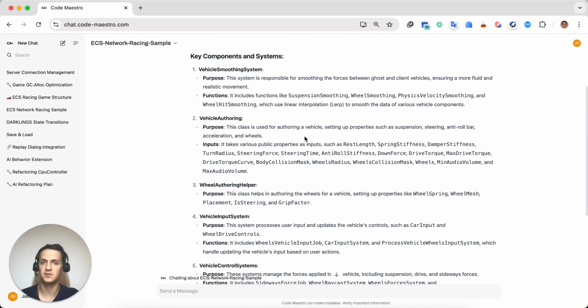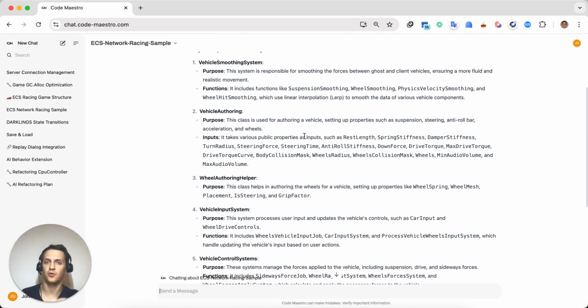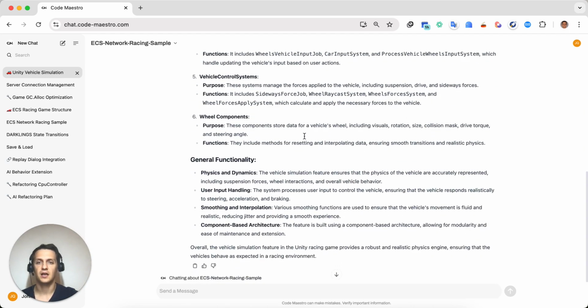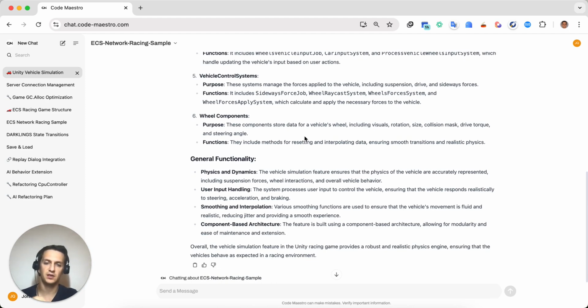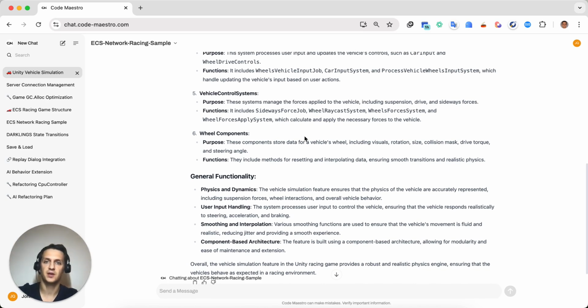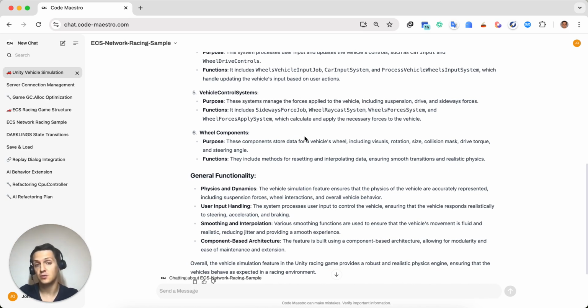So I've got the vehicle smoothing system responsible for the smoothing of the movements given the network nature of the game. I've got the vehicle authoring, I've got some other stuff here. It also covers some items on the general functionality of the game, but everything is showcased with particular references to classes and their methods that contain implementation in my project, which is a good starter. Let's